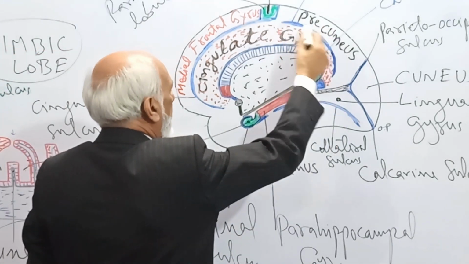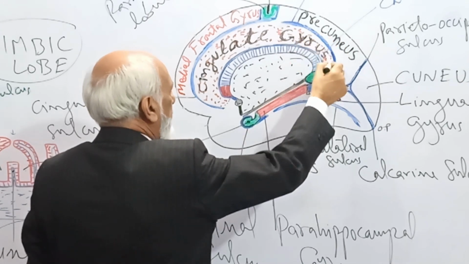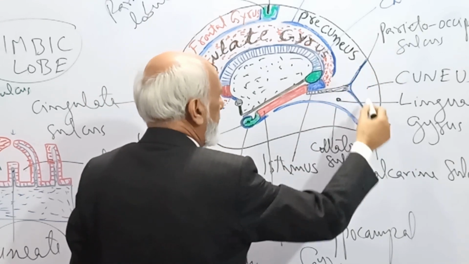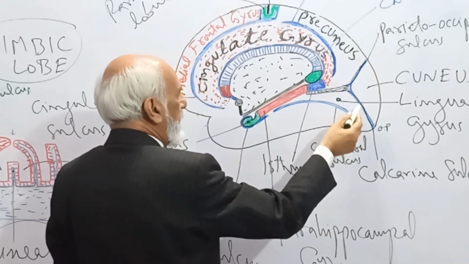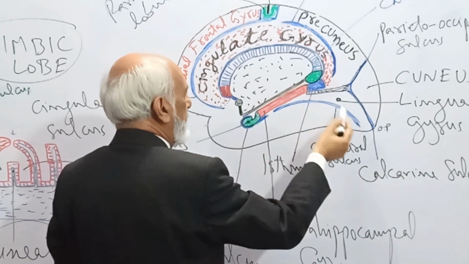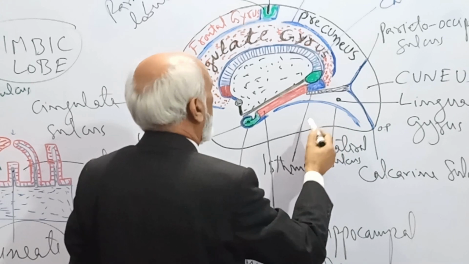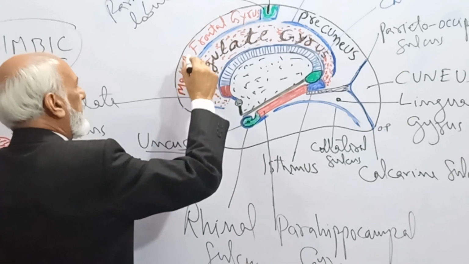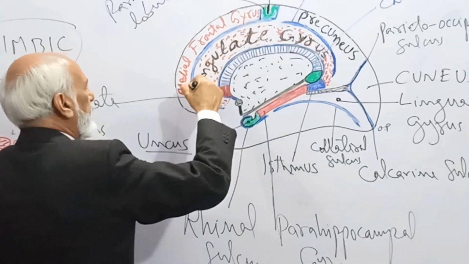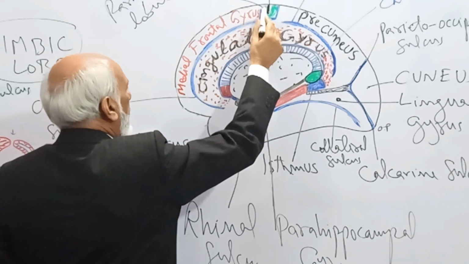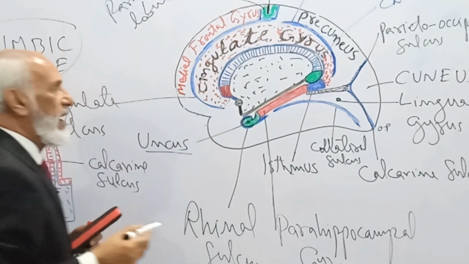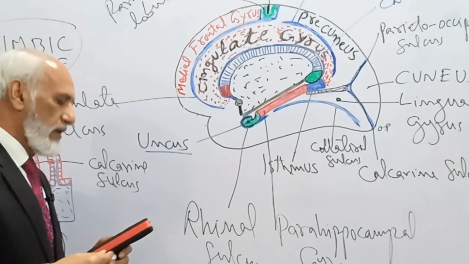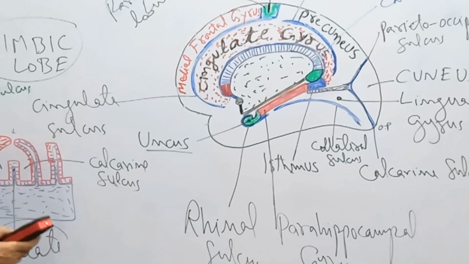Between the supromedial border and the suprasplenial sulcus, there is precuneus. Between the parieto-occipital sulcus and the calcarine sulcus, this is cuneus. Between the calcarine sulcus and collateral sulcus, this is the lingual gyrus. And here, outside the cingulate sulcus, this greater anterior part is known as the medial frontal gyrus, and then a U-shaped gyrus around the terminal part of the central sulcus is known as the paracentral lobule. So these were gyri and sulci on the medial surface.